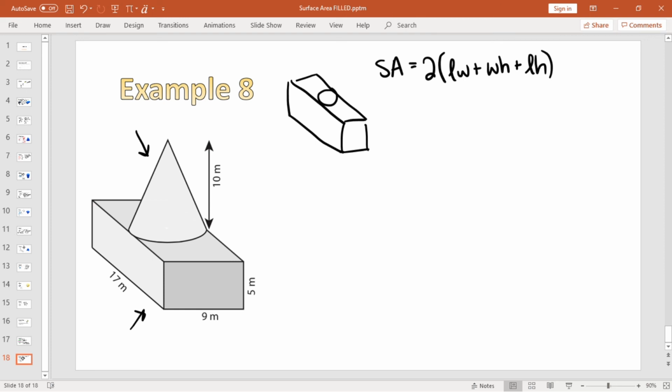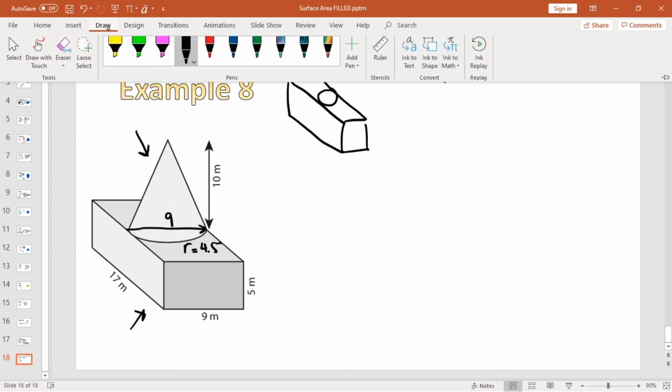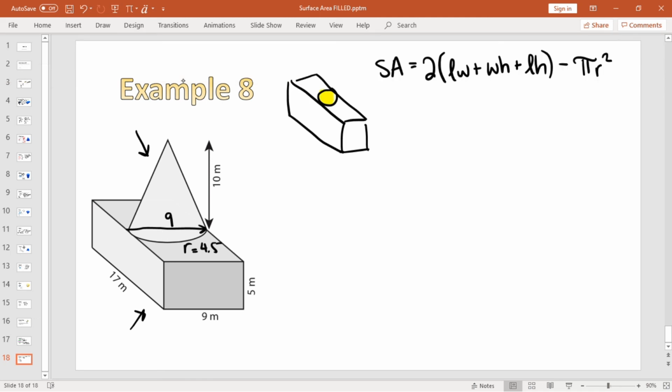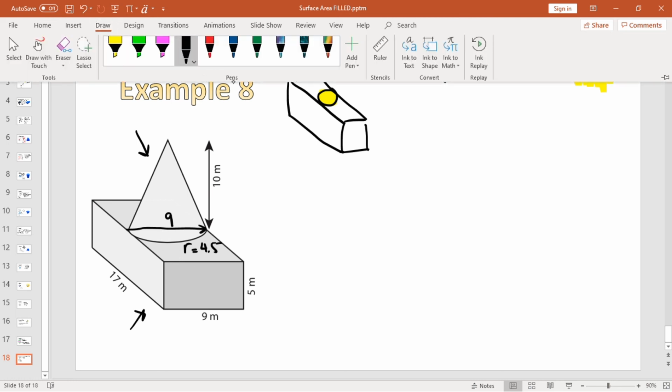Now looking at the cone, I see that all the way across it's 9. So the radius must be 4.5. Great. So I know that I need to take off a circle that has this formula, where r will be 4.5. So let's do some illustrations here. I'm going to color out what I'm going to take out. So I'm going to take my yellow highlighter and I'm cutting out that circle, which corresponds to this little thing that has been tagged onto the surface area formula. So just doing that math,